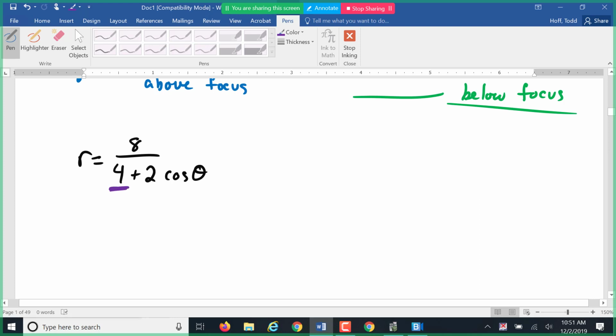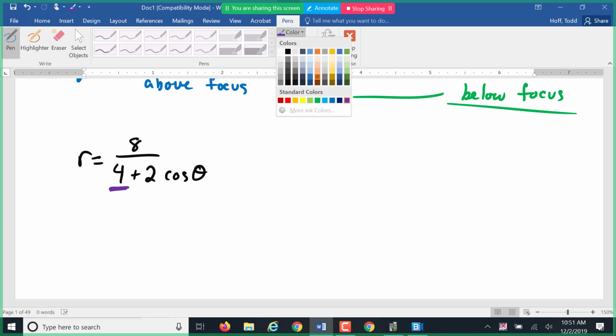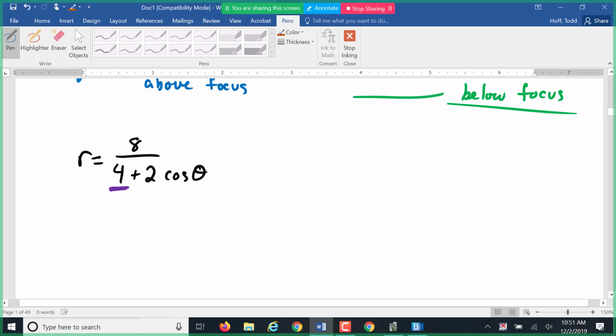Since it's a 4 right now, to turn it into a 1, I have to divide numerator and denominator by 4. So what that's going to give me is R equals 8 divided by 4 is 2 over 4 divided by 4 is 1 plus 2 divided by 4 is 1/2